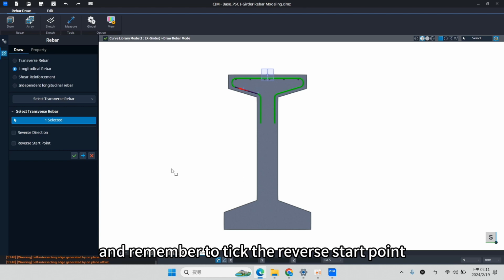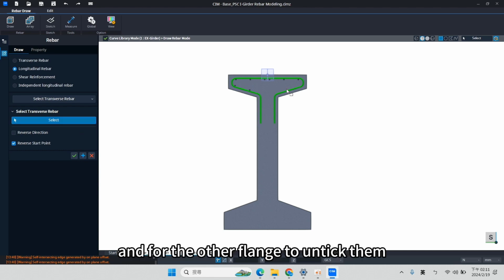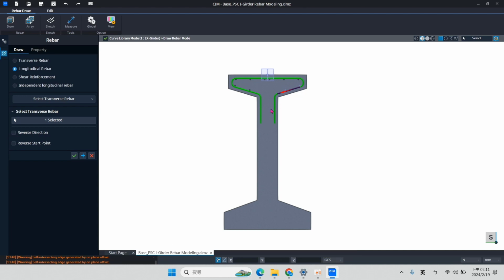And remember to click the reverse stop point. And for the other, remember to not click reverse stop point.